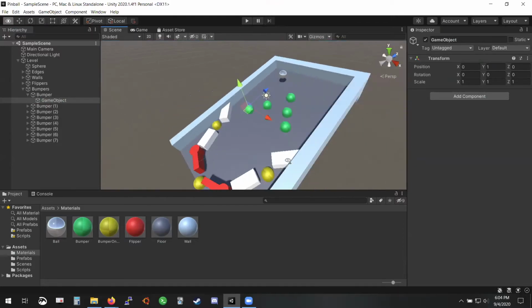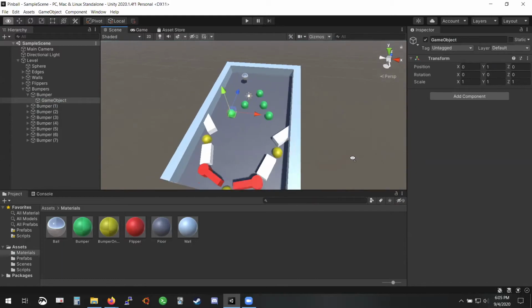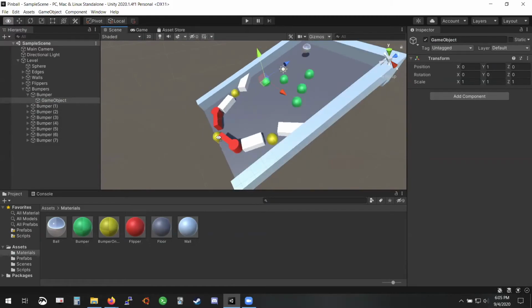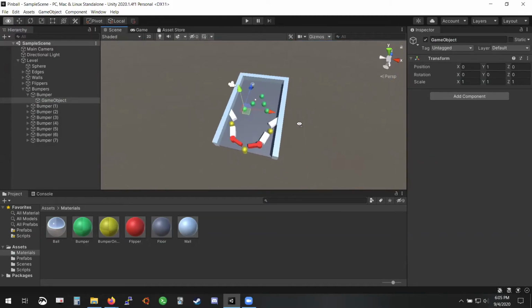But yeah, now we have our configuration of bumpers, and it's pretty much all perfect at this point. The one last thing we need to do is, if the ball falls out of the level, it's just going to sit there forever. We're going to make it so that when the ball falls, it will restart the level. In a normal pinball game, you'd have lives and things, but for now we're just going to make it restart